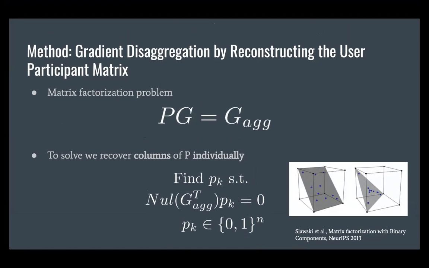And so to recover the matrix P, we can recover each column of P individually, because in the literature, researchers found that each column of the matrix P, that is P_k, stays on the image of the aggregated model update matrix. So in this case, the objective becomes to find P_k, that is the participation vector for user k,